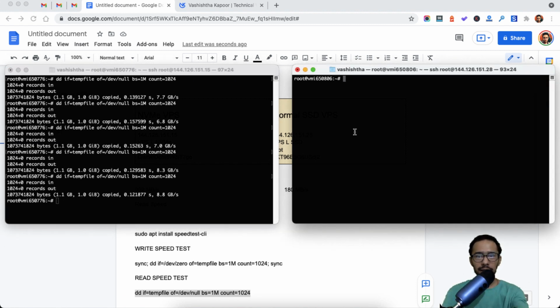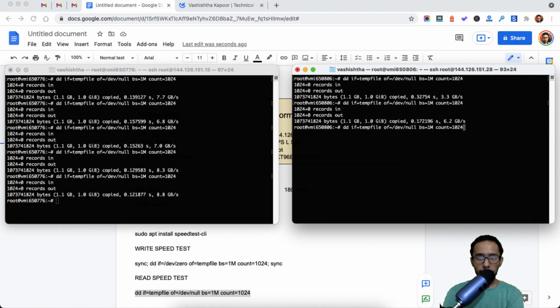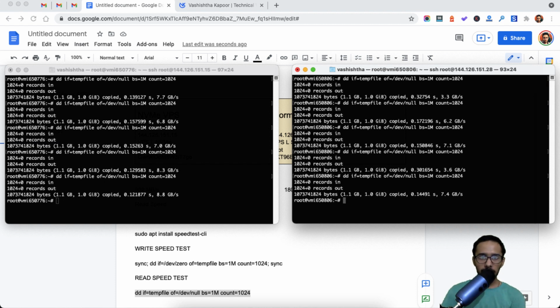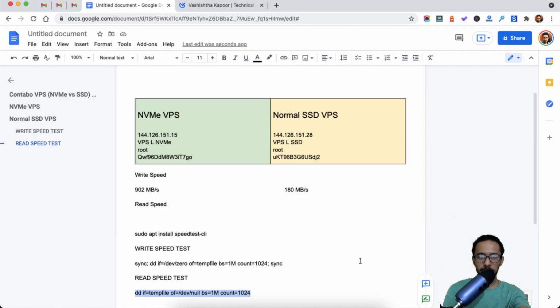And let's type the same command in the normal SSD server 5 times. So as the results are right in front of our screen, the highest read speed of the NVMe storage server is 8.8 GB per second, while in the normal SSD server it is just 7.4 GB per second. So let me write this down as well.